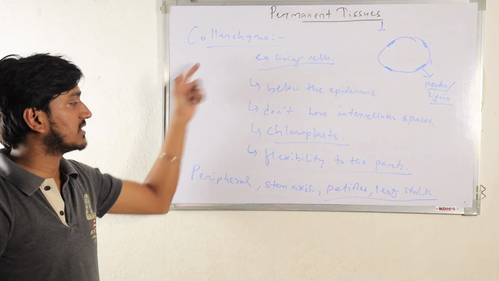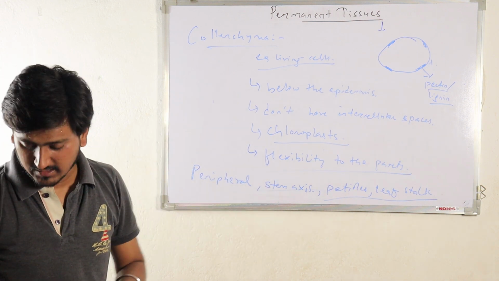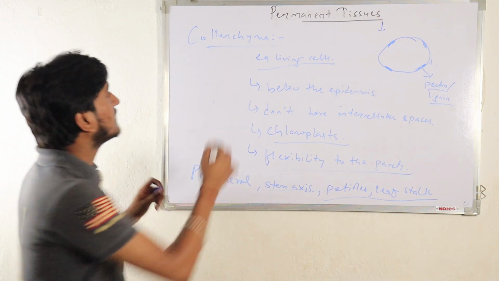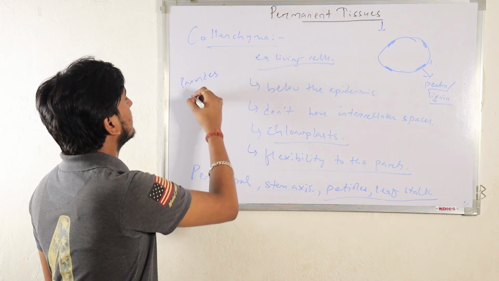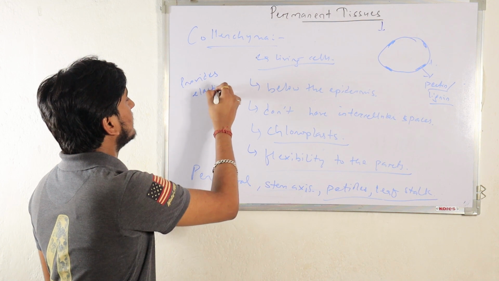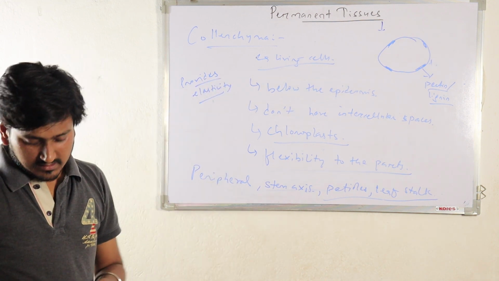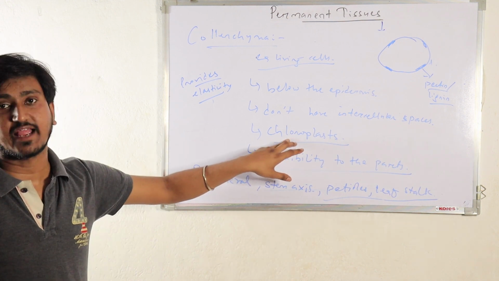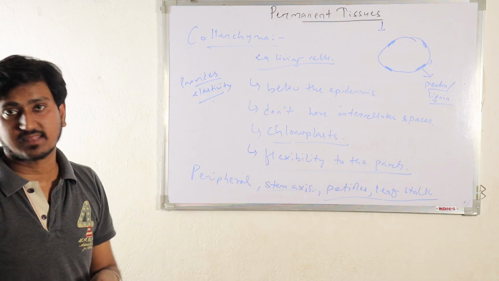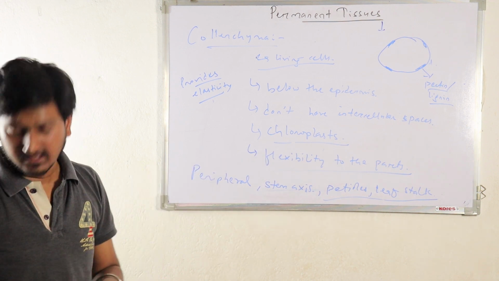Collenchyma gives mechanical support because flexibility is there due to collenchyma, so that's also a kind of mechanical support to the plant. It provides elasticity. Okay, this you can write in the functions: it provides elasticity and mechanical support. Then the collenchyma cells, as they bear chloroplasts, can manufacture sugars and starch. By photosynthesis, they can manufacture and store sugar and starch.